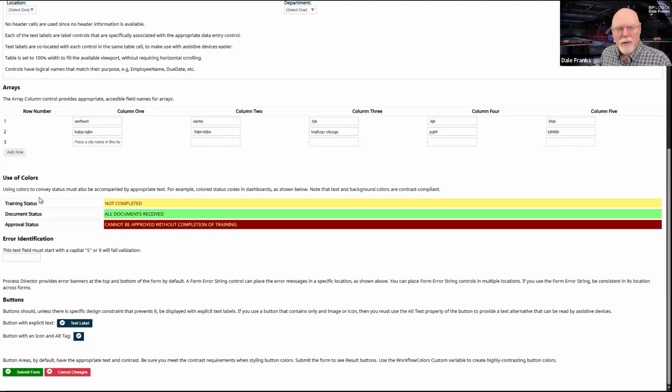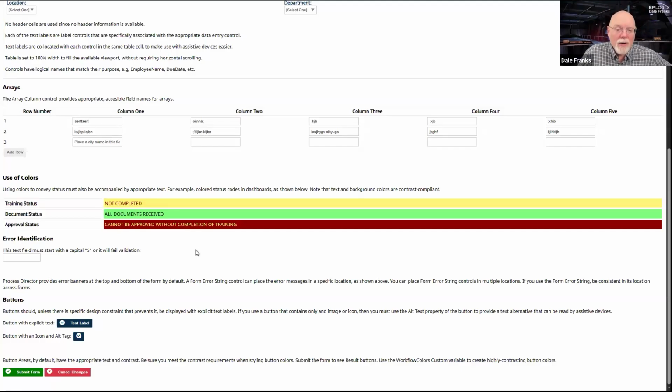Colors. Colors are great. Colors tell people things if they can see the colors, but if they are colorblind, the color for not completed and the color for all documents received might not be very obvious. Color is fine as an accent. Color is not fine as the primary conveyor of information.